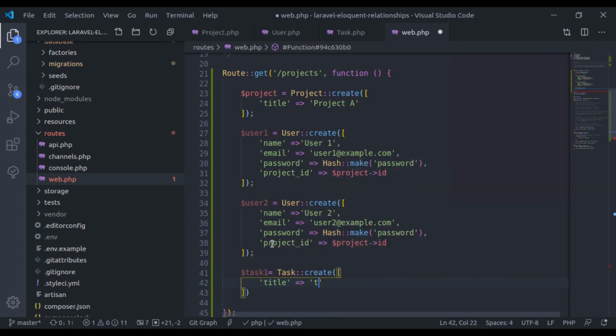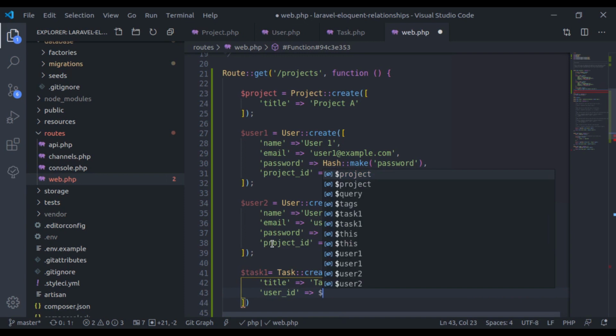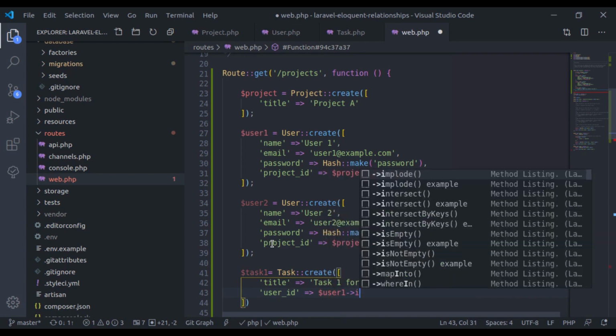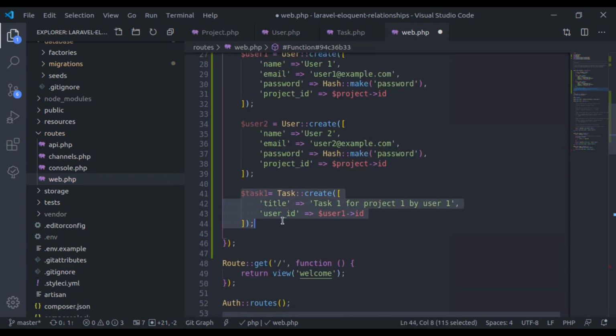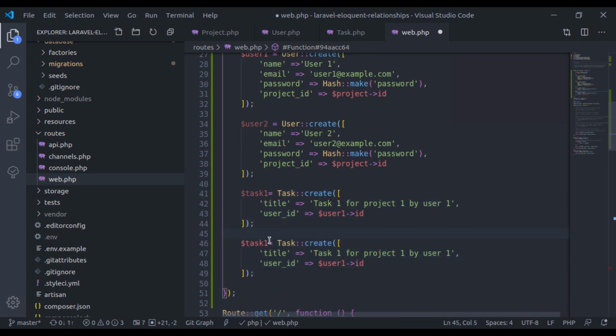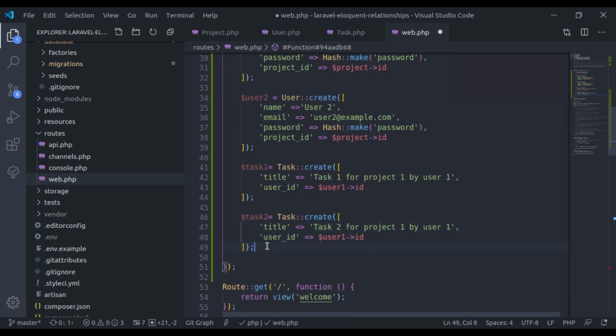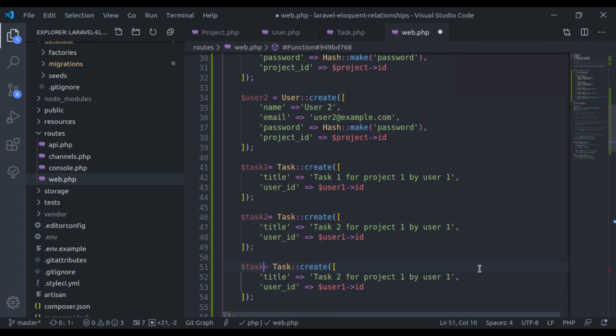Here I'll say task 1 for project 1 by user 1, and next here I'll add user ID $user1->id. This is task 2 for project 1 by user 1, and task 3 for project 1 by user 2.